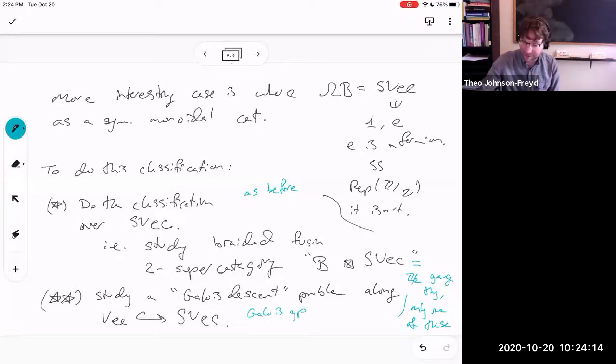Ask yourself, what are the automorphisms of supervector spaces as a symmetric monoidal category? Well, there's only the identity. Every symmetric monoidal automorphism of supervector spaces is trivializable if I'm working over the complex numbers. But the identity itself has a monoidal automorphism. And so the Galois group here is not Z2, but it's kind of Z2 shifted by degree. It's sort of a BZ2. So a physicist would call this a one-form symmetry. So Z2 in degree 1.